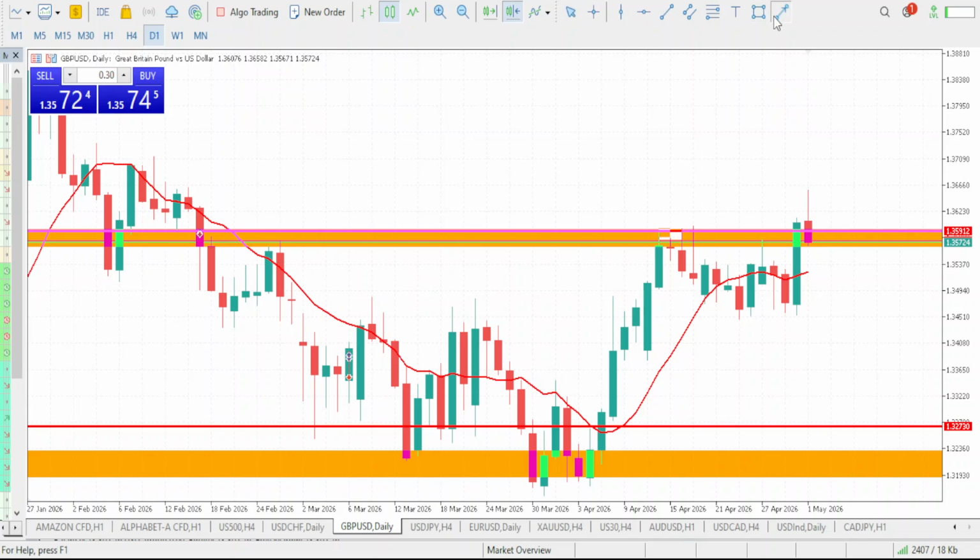Now, guys, if you take a look at it, at first the market came to this resistance, right? We had a rejection that made the market drop. Now the market has come back to retest the same level, and we are having a rejection again. So this is to tell you that the market should drop again. If you are not yet in the sell, look to go for the sell.